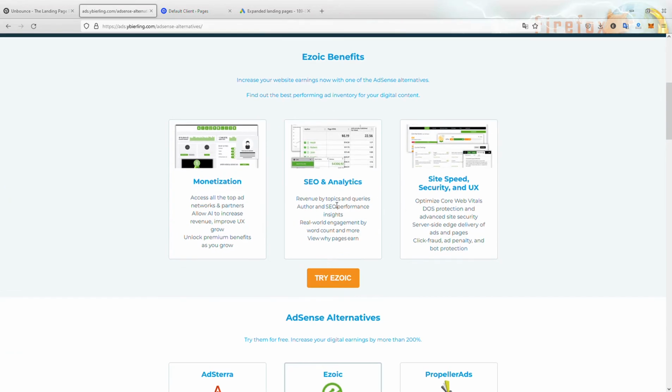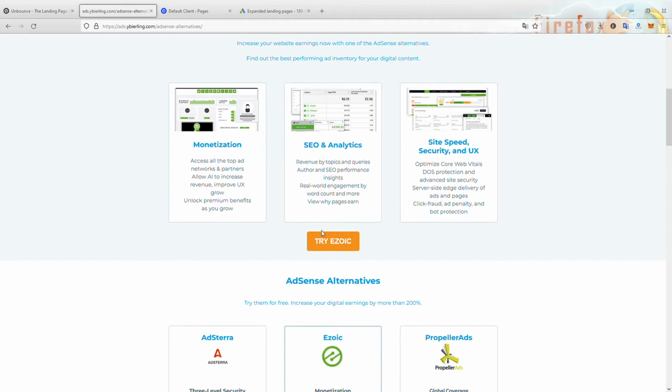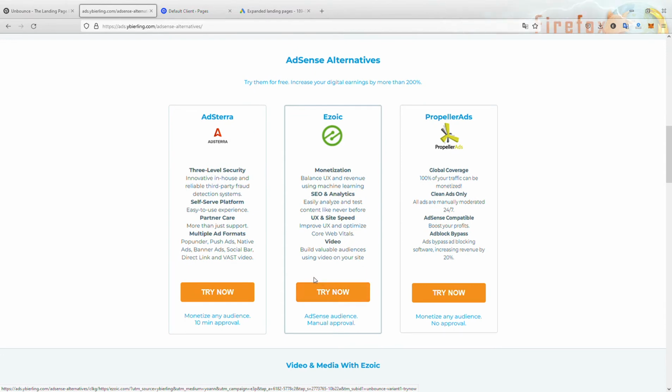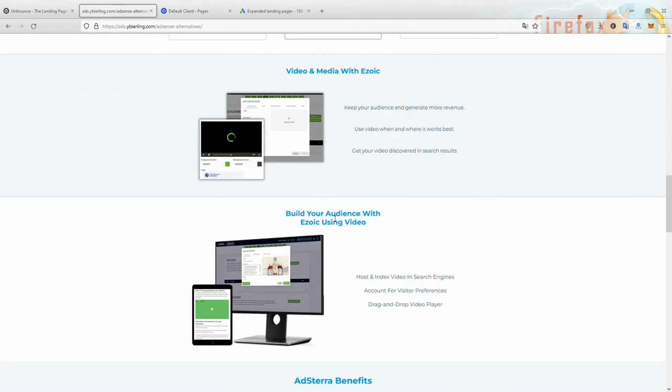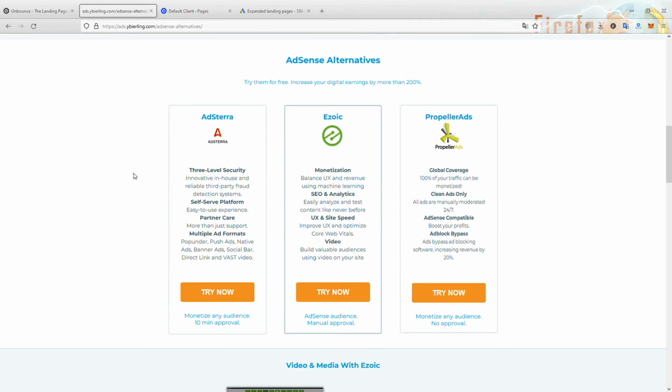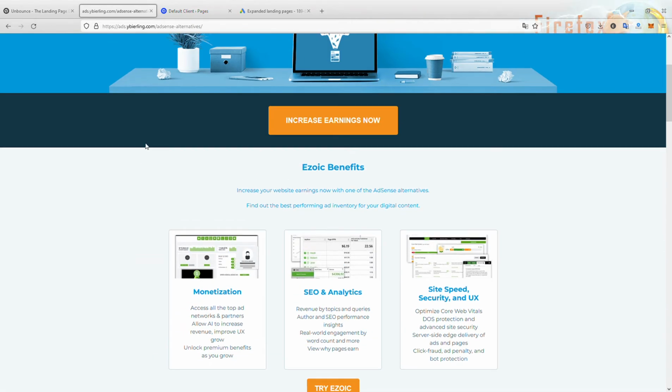And if you go down, I have some information about some of my ad partners with always call to action. So try this partner. Here are the three partners compared. Try any one of them, and some more information. So this is a landing page made to convert, to create clicks, to drive clicks to subscribe to my partner